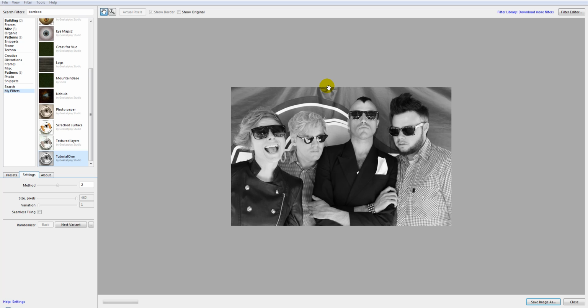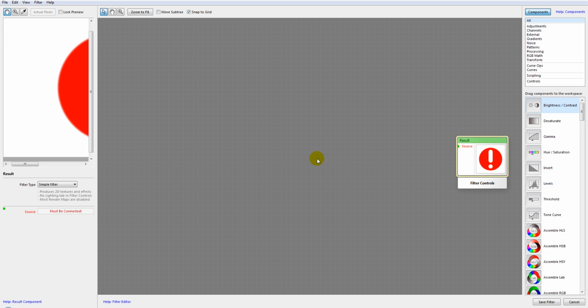In this tutorial we continue exploring Filter Editor and we go ahead and look over some nodes. I will use it to build and modify an existing image, and currently I will use this photo I took of the Neon Trees group as an example for our tutorial. So let's go ahead and click on Filter Editor, and I'm going to select Create New Filter and we'll go